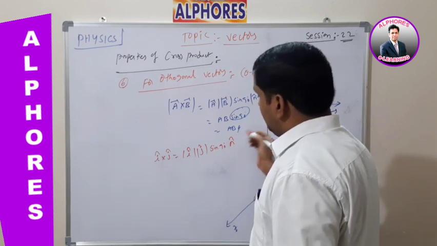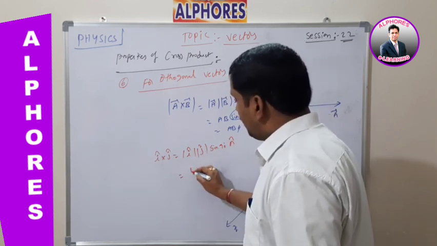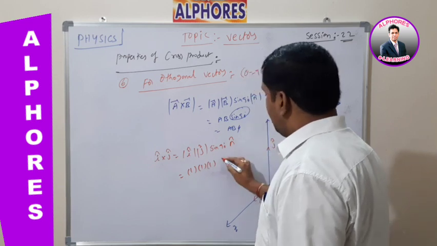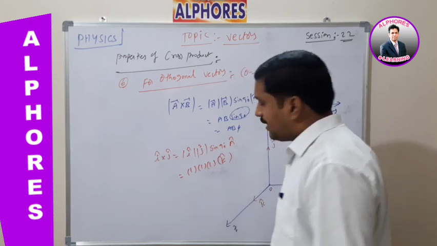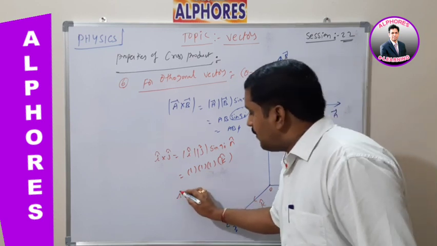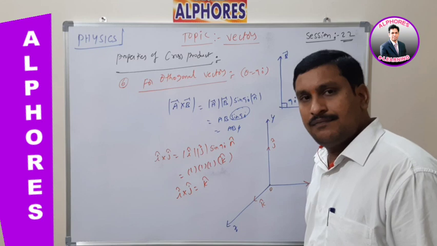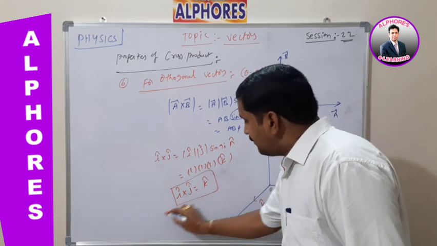Here this is n cap. So I have to write this one. This is modulus of 1, means 1. Again, this unit vector is nothing but how much? Positive z direction represents k cap. That means what is the value here? i cap cross j cap is equal to how much? k cap. In a similar way, listen carefully.